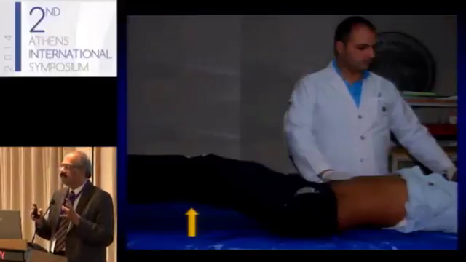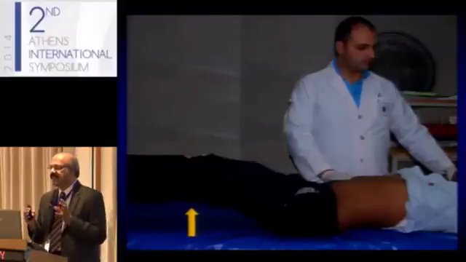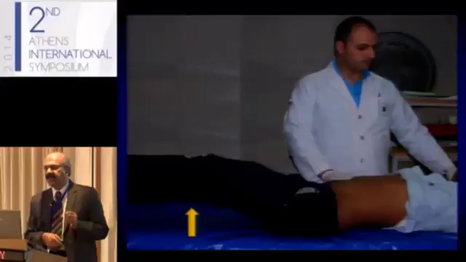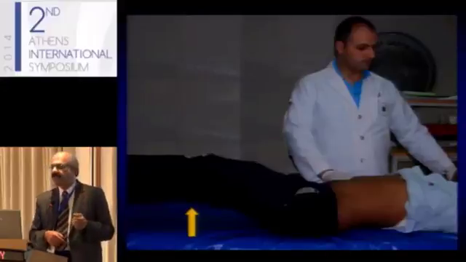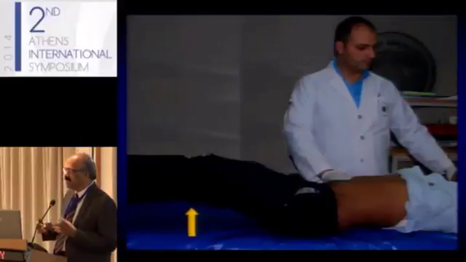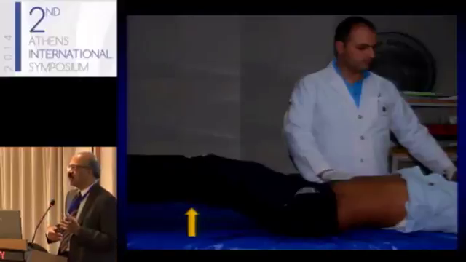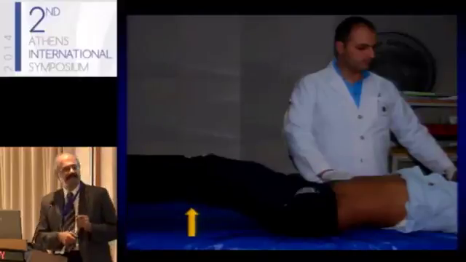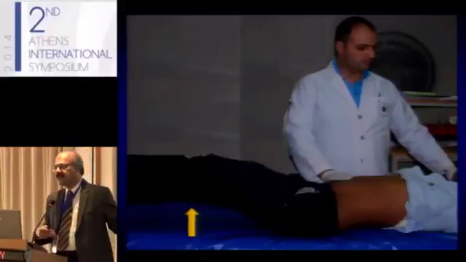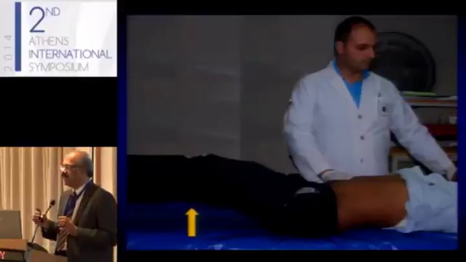The specificity and sensitivity of the sign is very high. It's a very simple thing which is not often done in practice, but can be done very easily. For example, our patient, after a heavy exercise, had a small tear in the rectus muscle. And this caused the pain. Unfortunately, he got CT scans, ultrasounds, everything else done for this abdominal pain, thinking something in the abdomen. But this simple Carnett sign test gave us the diagnosis because there was tenderness. And then when we went carefully and looked at the CT, we found, in fact, he had a small tear in the rectus muscle which was causing this pain.